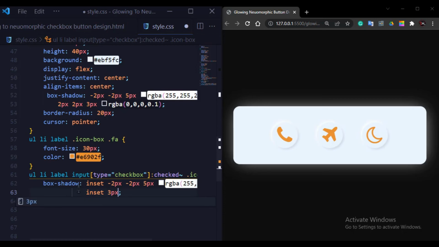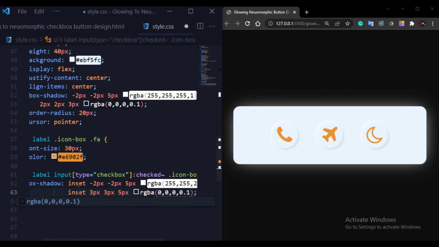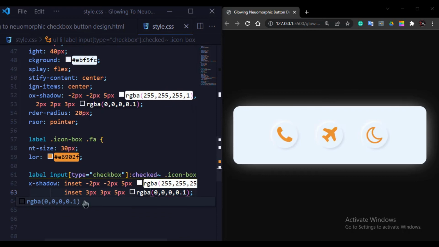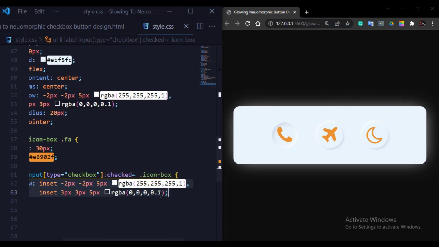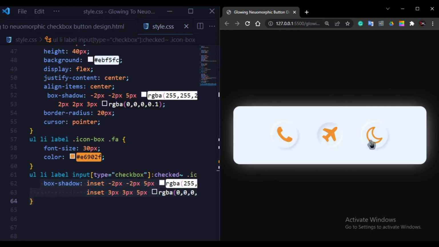Inset 3 pixel, 3 pixel, 5 pixel, and RGBA 0, 0, 0, and 0.1. And now I will save the file, and when I click on the icons, you guys can see the output here. The box shadow properties I wrote here are applied when I click on the icons, and it looks really very attractive.